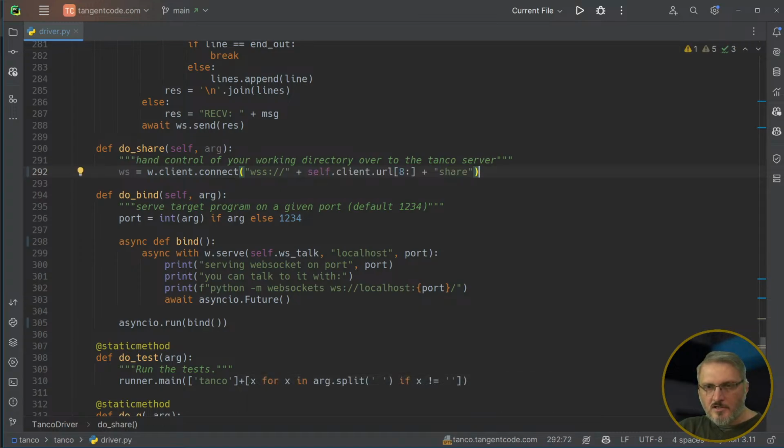Self client URL 8. So 8 would be HTTP colon // yes. 7. Right. And then